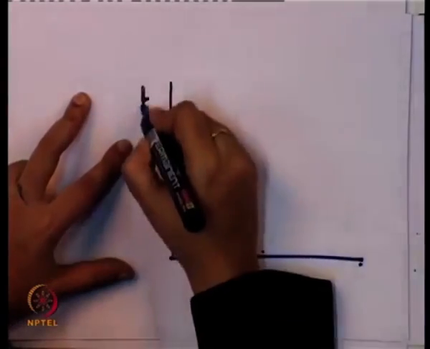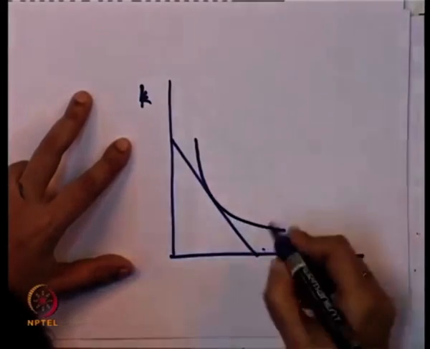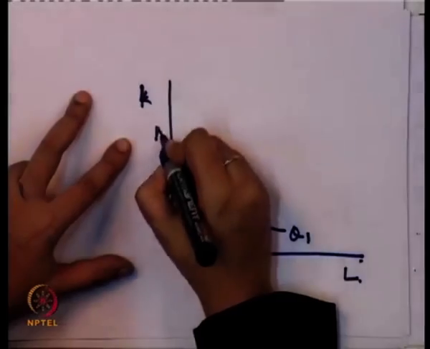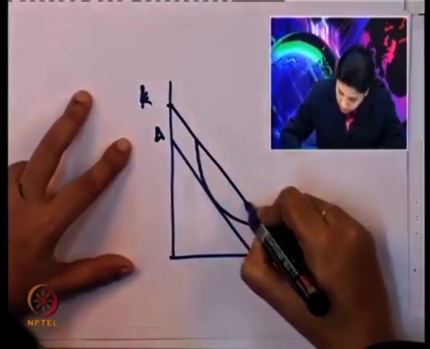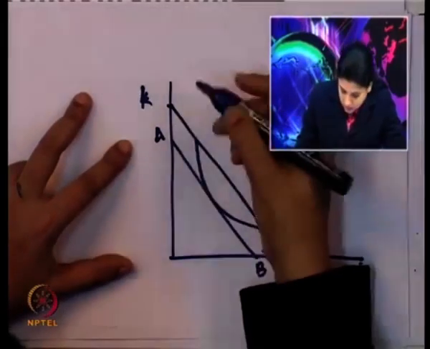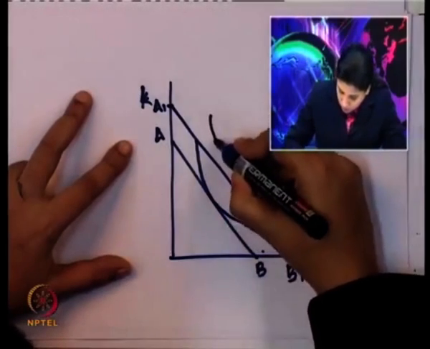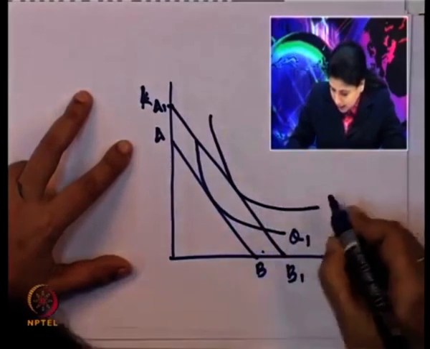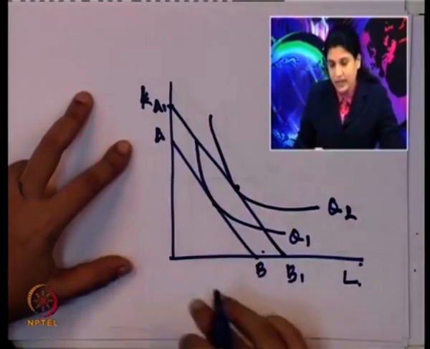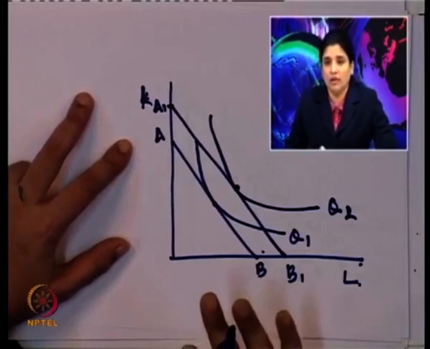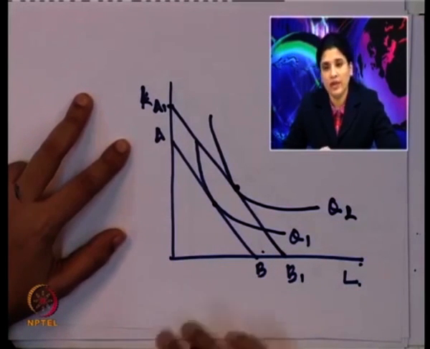We will take K over here, we will take L over here. So, we have Q1, then we have 1 input. With the increase in the budget constant, that is maybe A1, B1, the producer will always try to get a higher level of output, and the optimal input combination will be again the same condition at this point where both the slopes are in equilibrium.